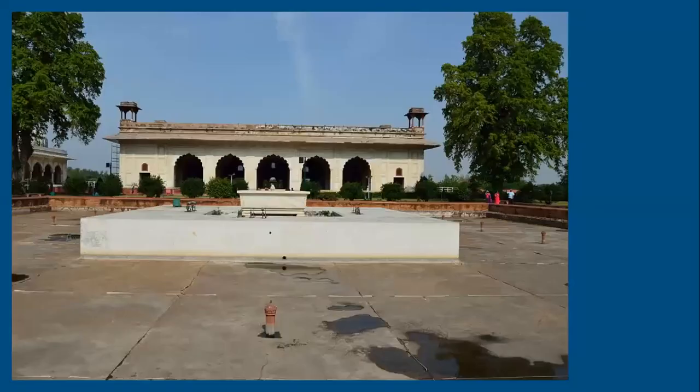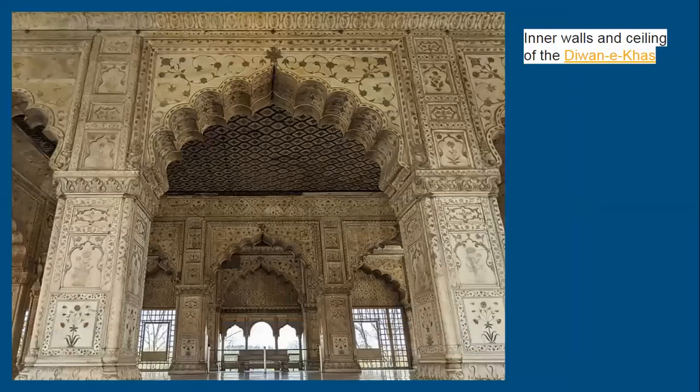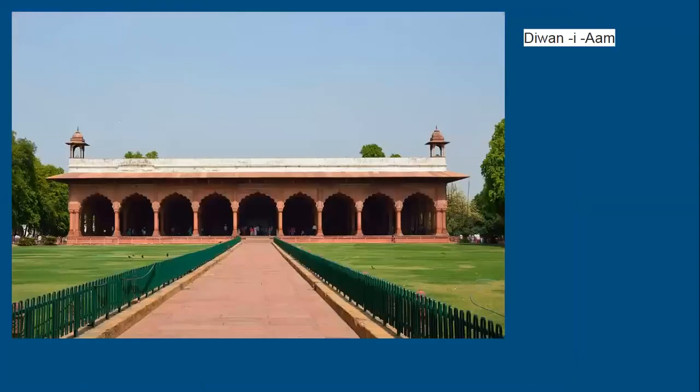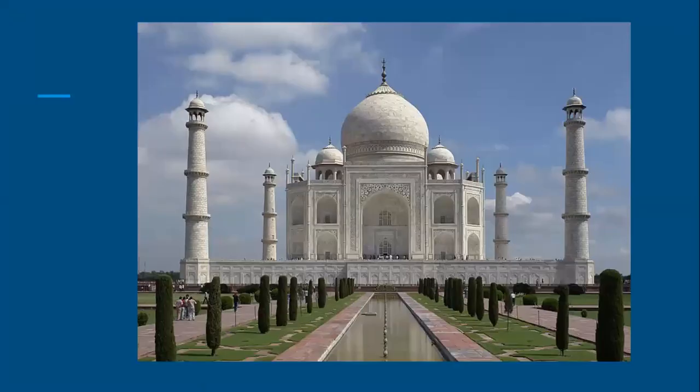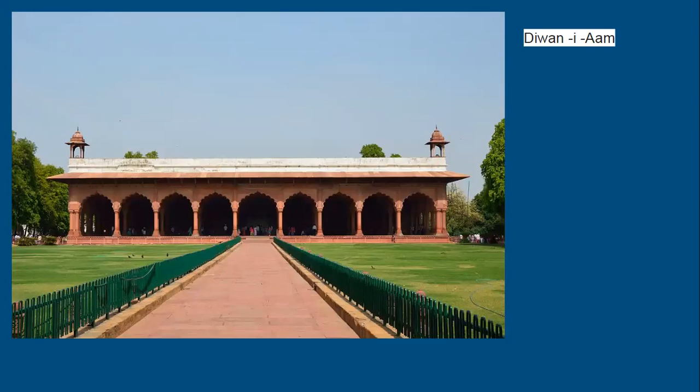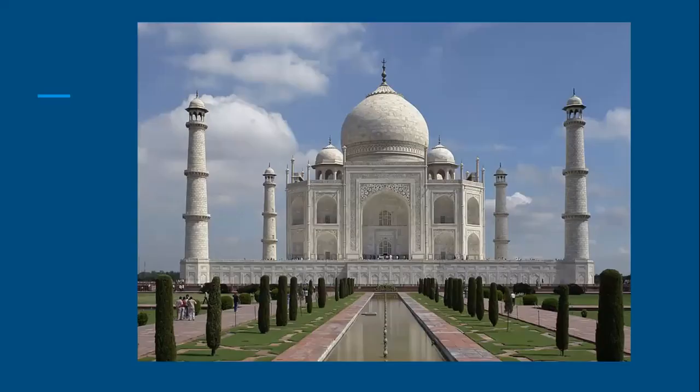Then इसमें ही रंग महल है for the entertainment purpose and all. Then this is Diwane Khas, Diwane Khas Hall for the meeting of the nobles. This is Diwane Am for conducting the meeting with the common people. So this is all about the Red Fort. Okay. Then coming to Taj Mahal, so you can see over here bulbous dome is over here.